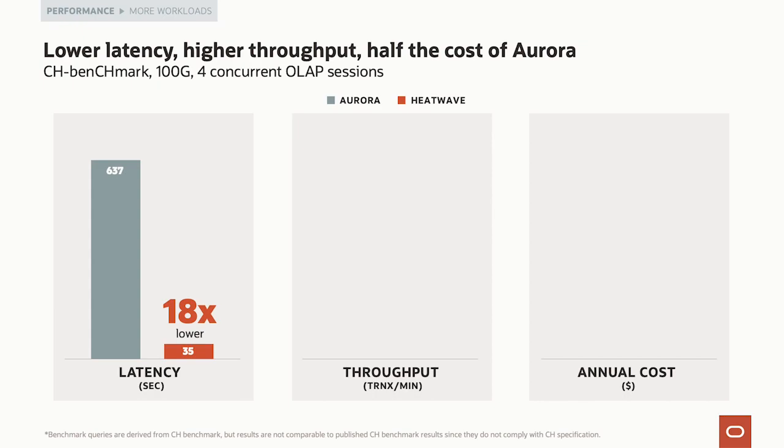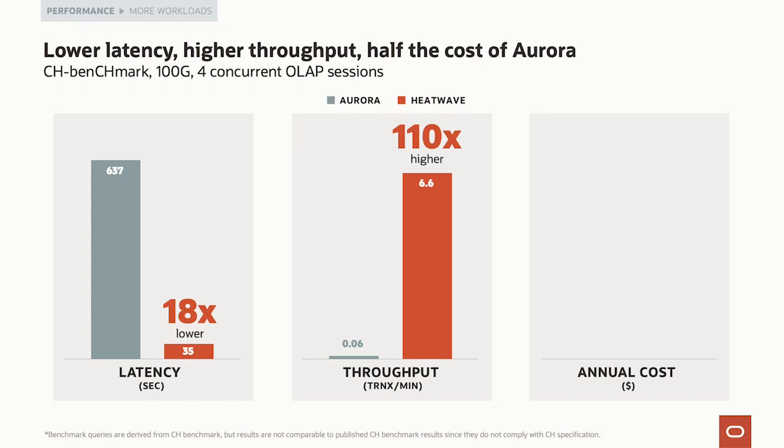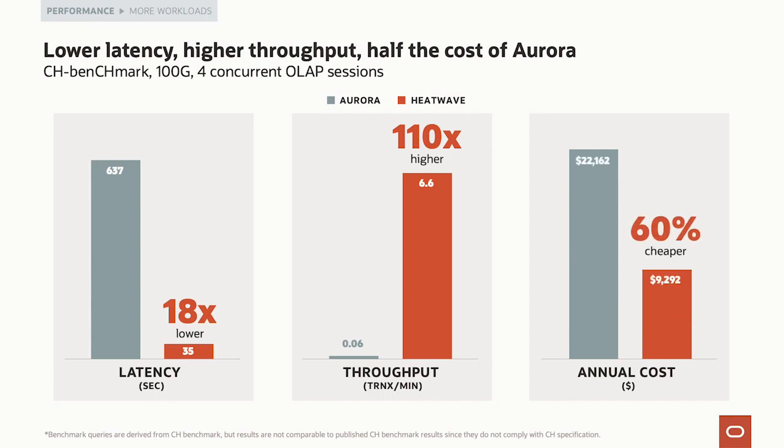Right? If you want to think about, hey, what if I just use Aurora instead of using MySQL HeatWave? Because I have to run transactions, I can't use Redshift. Well, if you run CH Benchmark on your database application, comparing Aurora and MySQL HeatWave, HeatWave has 18 times better latency. Throughput, 110 times better throughput. I mean, if 18 times is great for latency, throughput is 110 times better for HeatWave. Aurora is not looking too good for CH Benchmark. How about the cost? Well, if you want to run with 18 times better latency and 110 times better throughput, you also have to pay 60% less